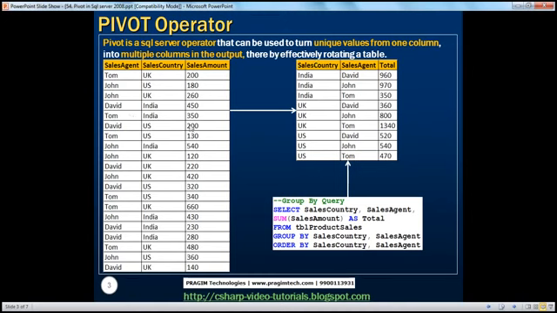I have this table TBL product sale, which has got three columns: sales agent, sales country, and sales amount. If you look at the data, we have three sales agents: John, Tom, and David, selling in three different countries: US, UK, and India. We also have the sales amount in the same table. Now let's say we want to write a query which produces the total sales amount by sales country and by